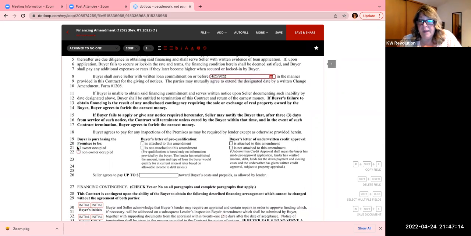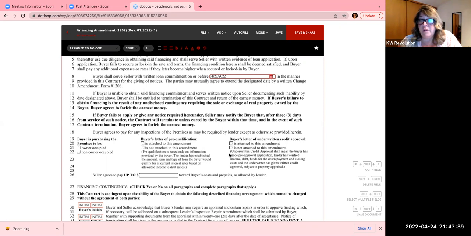Is it owner occupied, non-owner occupied? I know we filled that out on the front page, but again, they're asking for it on the finance amendment. And then there's a pre-qual letter. The pre-qual is what most people have. So when you have a pre-approval, everyone thinks it's this one here. It's actually this one. It's actually a pre-qualification letter, basically saying if everything you've told me is true, you would